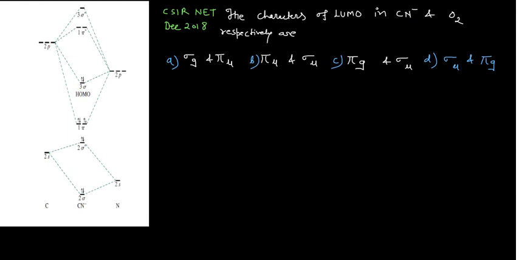Say for example, this is CN. This has been asked for CN negative. Carbon is 6, nitrogen is 7, one extra electron. That means 14 electrons. If you want to fill the electrons as you have filled in the nitrogen molecular orbital diagram, sometimes this may give you the correct answer, but most of the time you will get the wrong answer. That's why it is my personal advice to you, please learn all the molecular orbital diagrams before solving the problems. Okay, so I am removing this one. This was for your explanation only.